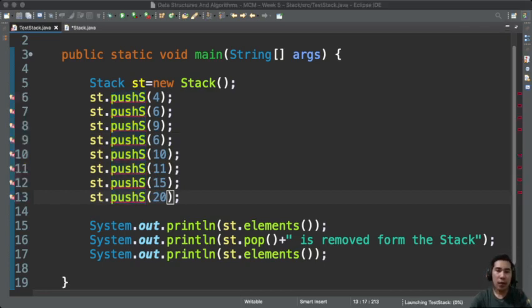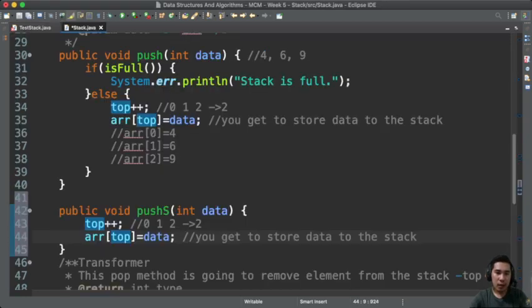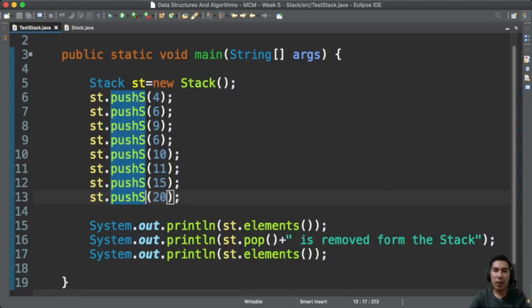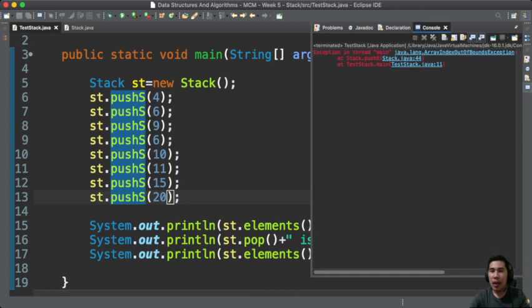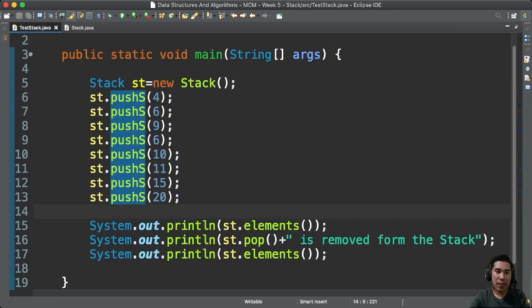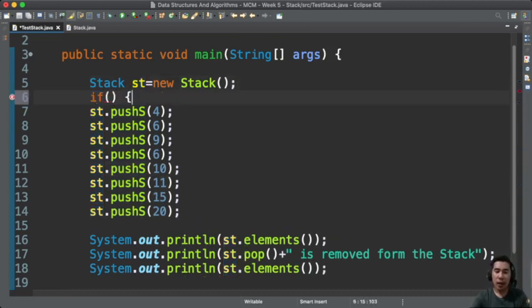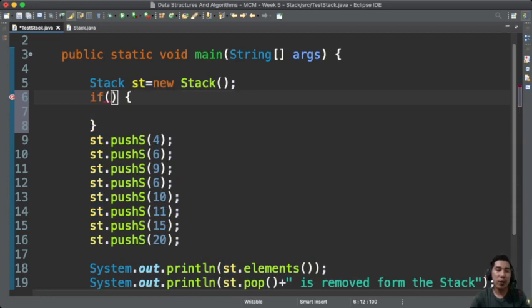What was that in our push S? Wala na save. So when we run this one, it will actually cause an error, overflow or array index out of bounds, because we already exceeded the capacity. So in that sense, if ever the user is going to implement your ADT stack, at least he has his own way of checking if it's full. So if it's full,